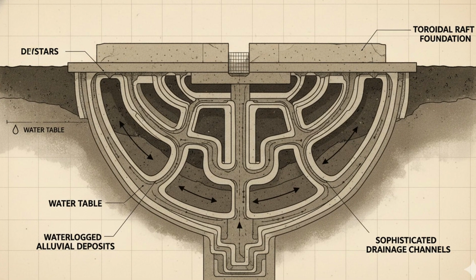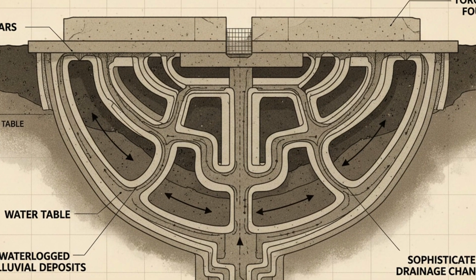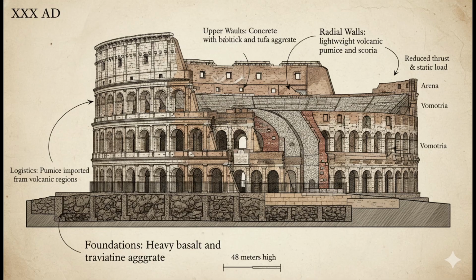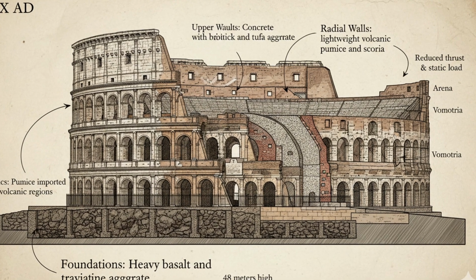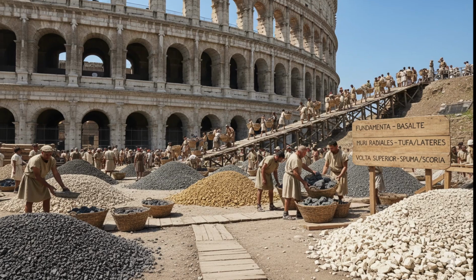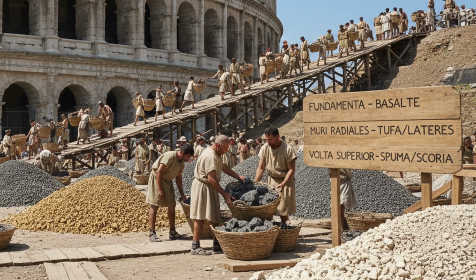Simultaneously, a sophisticated drainage system was installed 8 meters below the structure to divert groundwater and runoff, utilizing the concrete's moldability to create complex channel geometries. To maximize the height and span of the Colosseum, 48 meters high, engineers employed a rigorous zoning of materials based on density. This required a supply chain capable of sorting and directing specific rock types to specific elevations on the